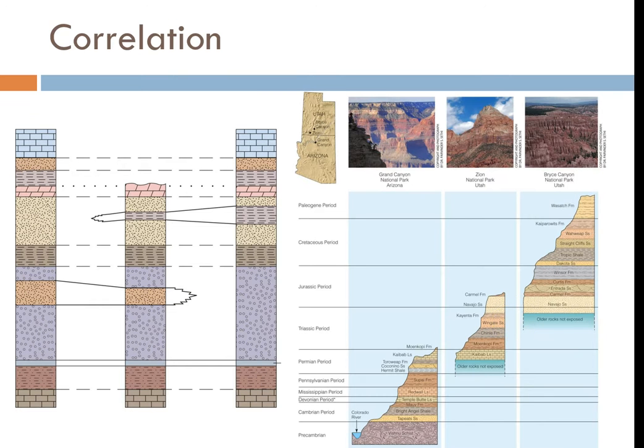One of the cool things we can do is, when the rocks along the Colorado Plateau, we can correlate them, and we get a really long history of the area. So the oldest rocks are going to be found at the bottom of the Grand Canyon. These rocks, like the Vishnu schist, are billions of years old, and they get younger and younger and younger as you go up. Now, as you drive north, what's going to happen is you're going to have the Kaibab limestone,